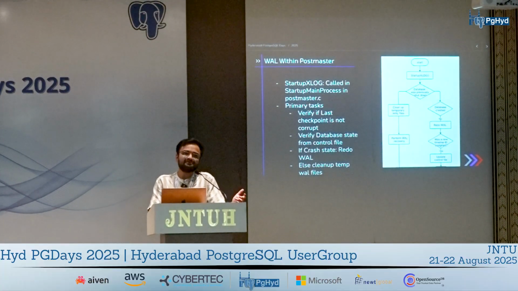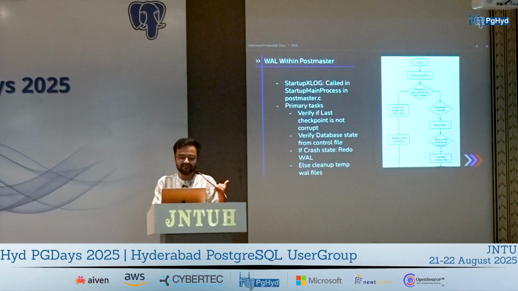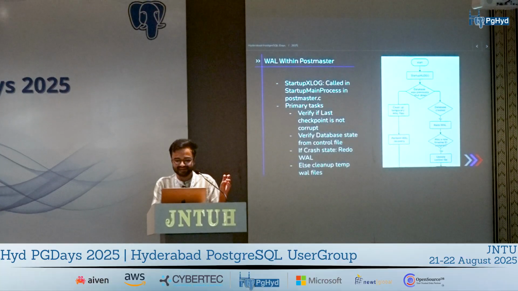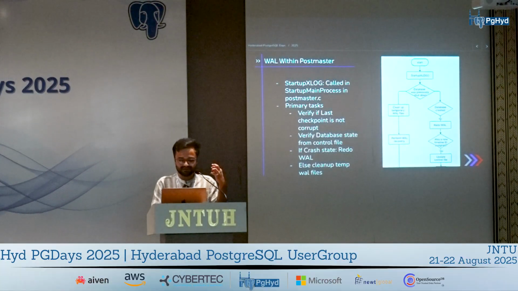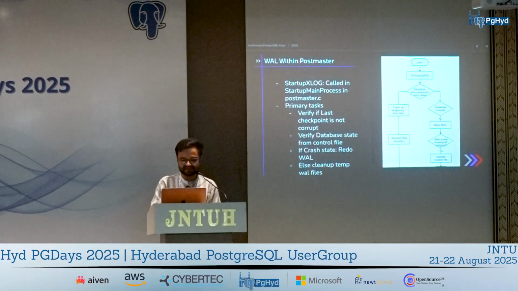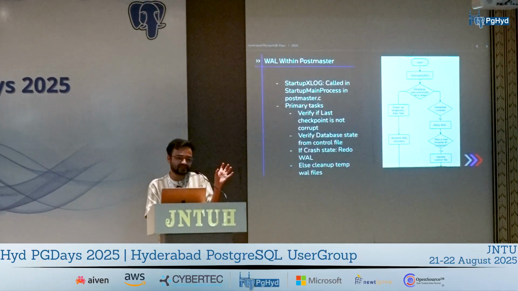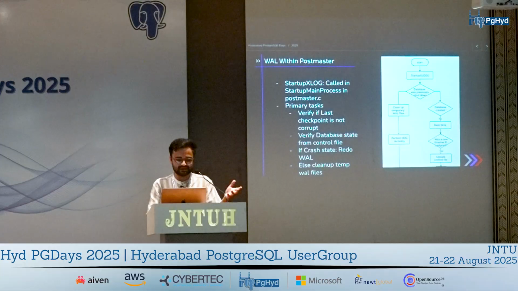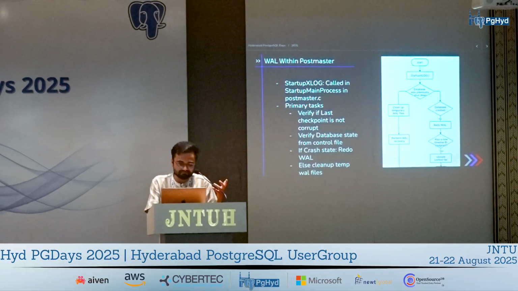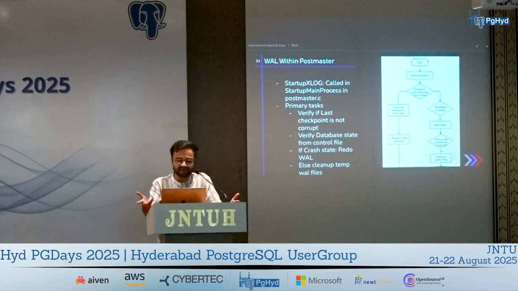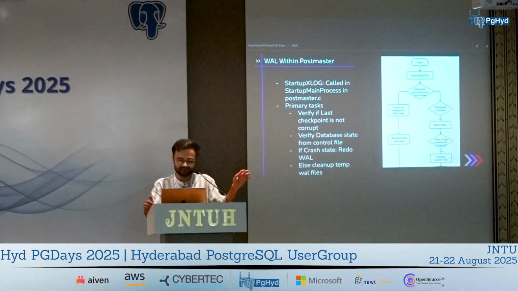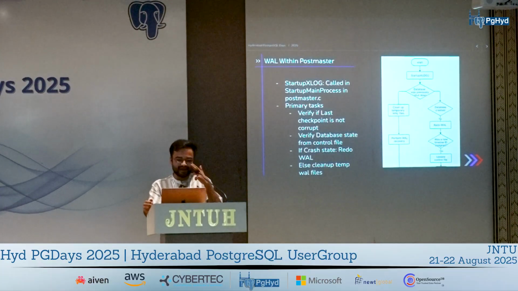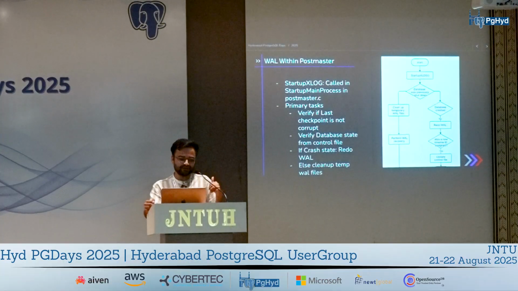There are four states, and I am not able to recall all the enums that were present there, but there is a recovery state. If your database is in that recovery state, it utilizes the data within the pg_control file to bring your database back to operation. If the database state previously was normal, like it was normally shut down, it just cleans up the temporary WAL files that were generated, and after that your database is good to go.